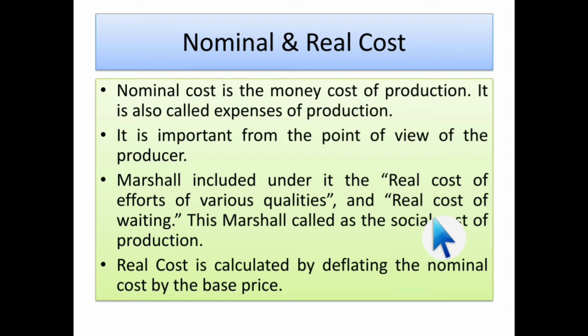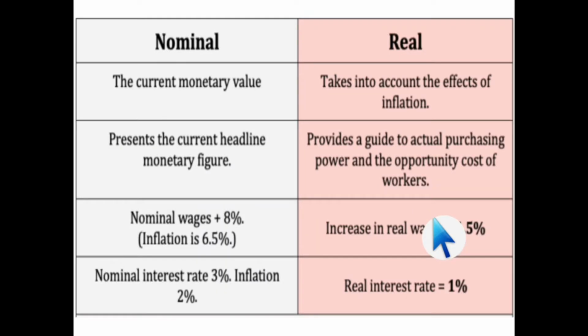See what happens. Suppose you have any food packet. Okay, what is its price in 2001 and what is the price in 2020? If you deflate the price of 2020 with the base price, that is 2011 or 2001, whatever you have decided, that is called real cost. See, it is the difference between the nominal and real thing. Nominal means current monetary value, what you are paying now. Real means it takes into account the effects of inflation. I have told you what the value is in 2011, and after inflation what the value has changed to in 2020. Okay, so it takes into account those effects.